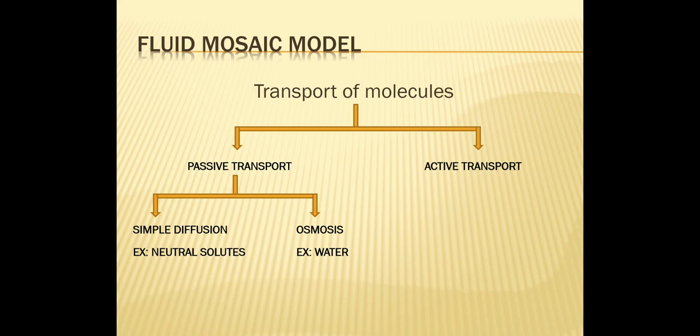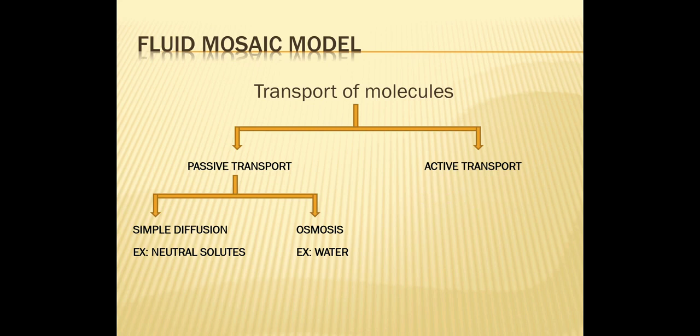See, in passive transport, we studied two different methods, simple diffusion and osmosis, and in active we have only one, and here the transportation is against the concentration gradient. So it requires energy because it has to move against the concentration. So as it requires energy, that means what? ATP is utilized. And the best example is sodium potassium ion pump.